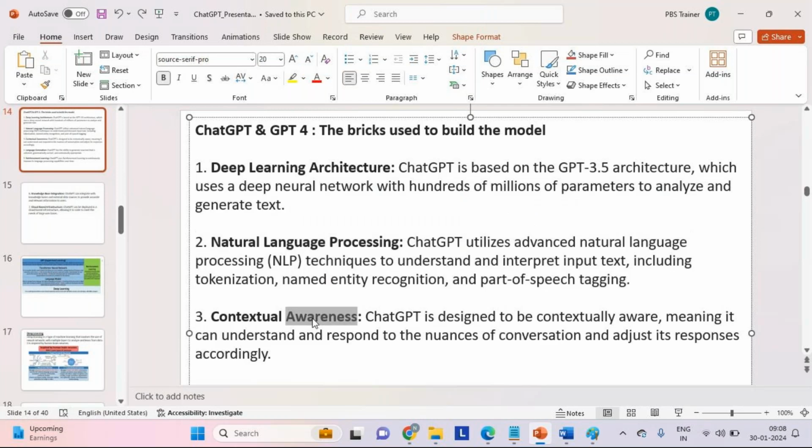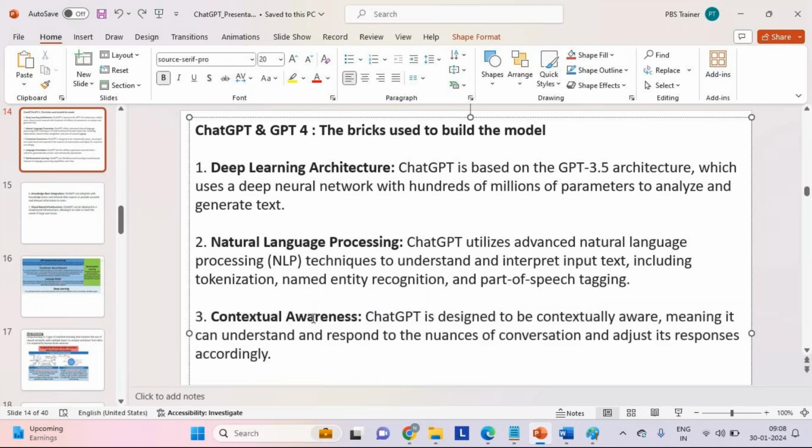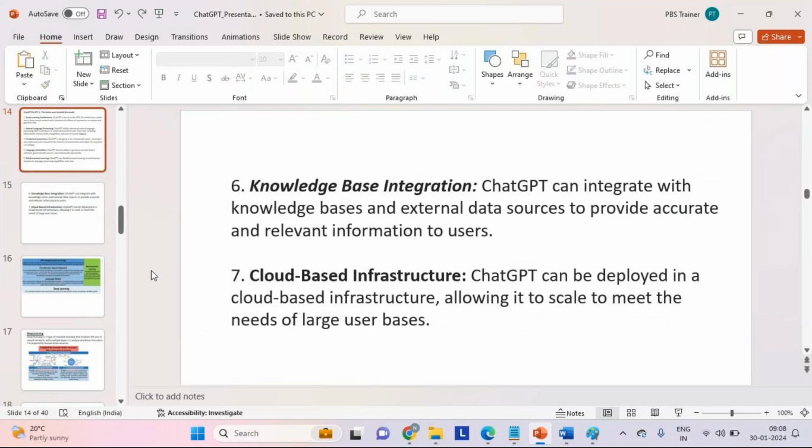Then contextual awareness: if we ask some question which is not specific to any context, then it is going to provide us a general answer which is not going to serve our purpose. That's why we should make sure that we ask the AI context specific. Then, based on that particular context, we are going to get the appropriate response.